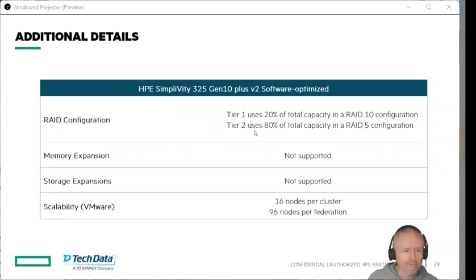Important to know that storage expansions are not supported with the AMD model, because this is the last thing that I'm going to explain now, or one of the last things in this presentation, which is about storage expansion. Okay,